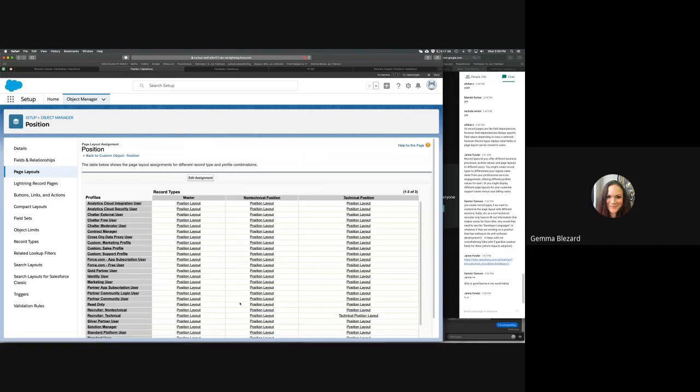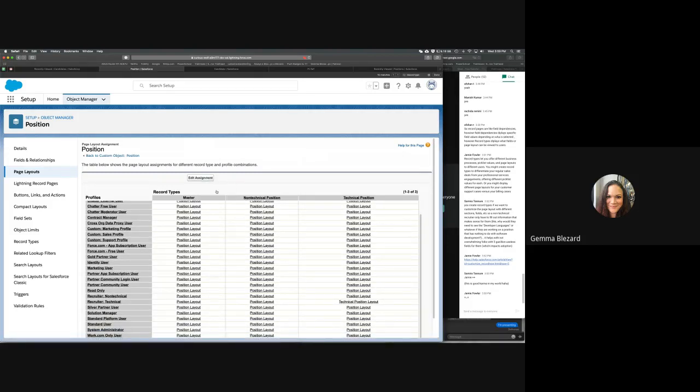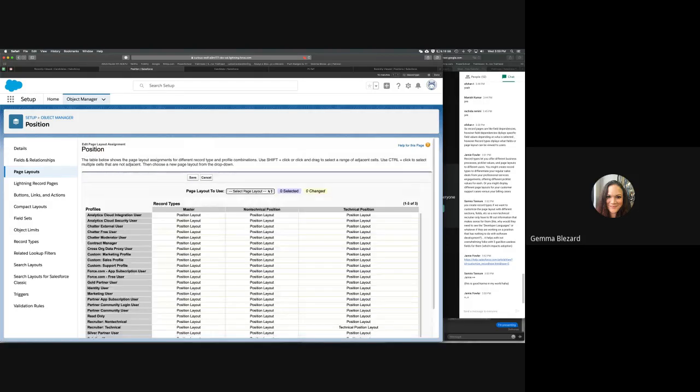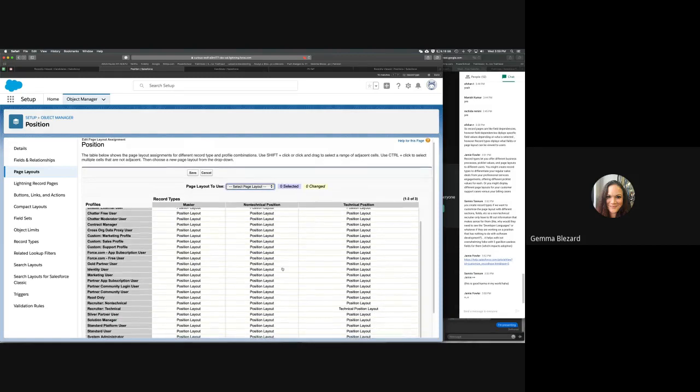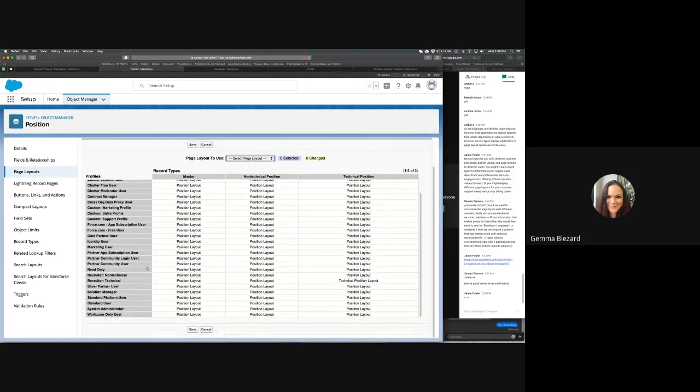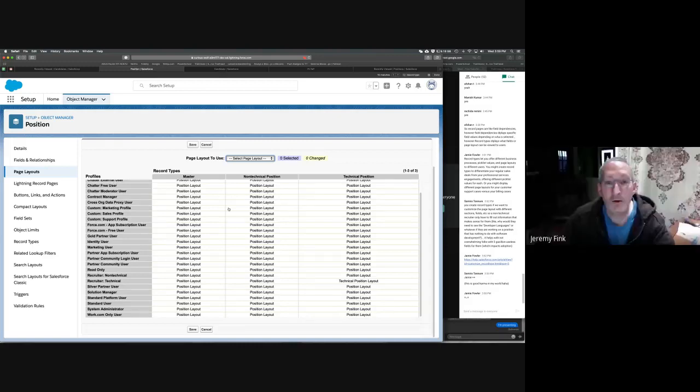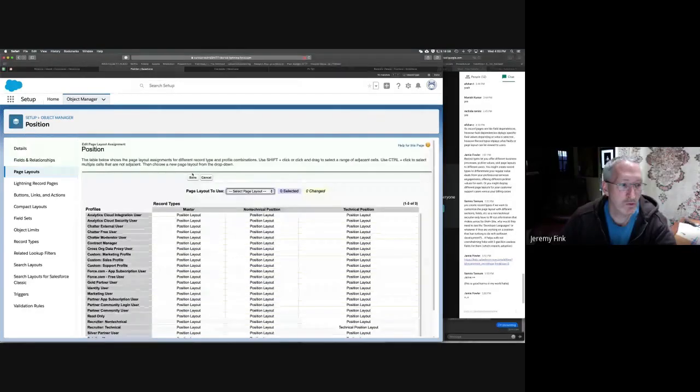And then you do the same for your non-technical, well, your non-technical's fine. But this is where you might want to relabel your position layout to say this is a non-technical position layout, just so that you don't get confused. All right, so position layout, hold on a second. So that would be